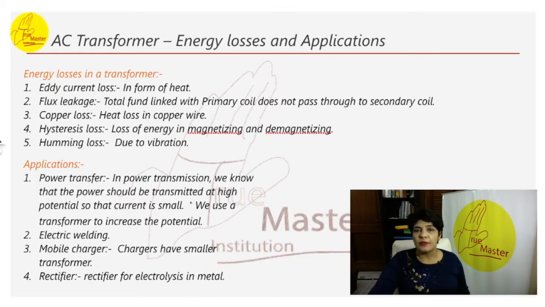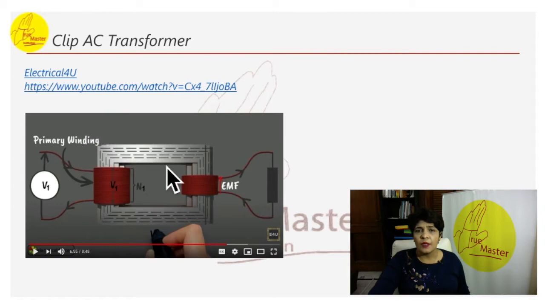Looking at this animation, this is showing you the video on the transformer, how it has been developed. This is available at this particular link. It is free on the YouTube channel, Electrical For You has published it, and I have taken a small clip of it. I request you, if you want, you can see all of it. See, these are ferromagnetic sheets that have been laminated and put together. These are the primary coils, these are the secondary coils. Here, primary winding and secondary winding. Let's play this just to see.